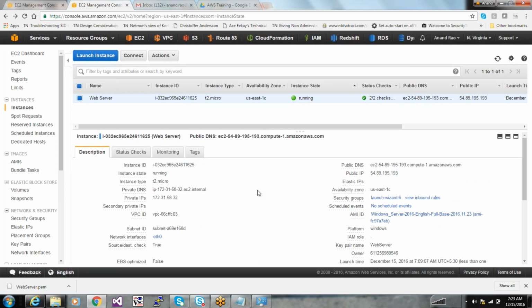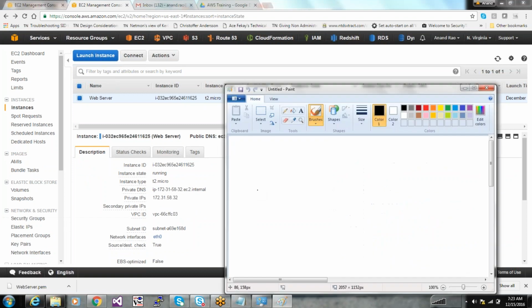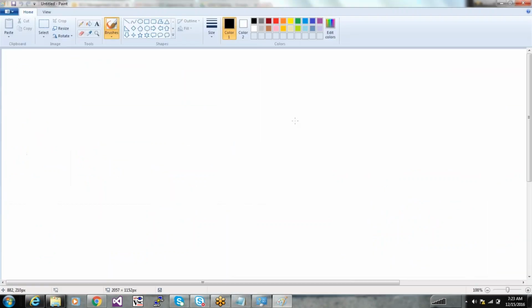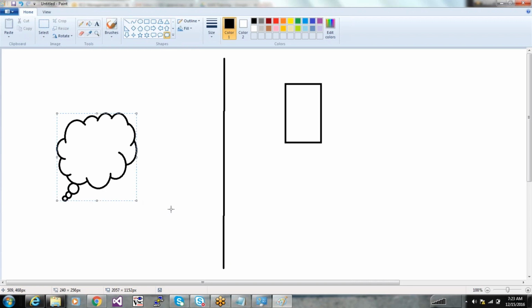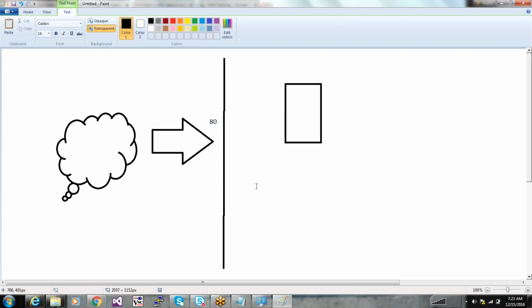So what is an ELB? Let me explain that. Most of these organizations will host a website, right? They will host a website on their web servers, and these websites are behind a firewall. And from the external world, people like you and me have to access this website. To access this website, what you will need is port number 80 to be opened from the internet.